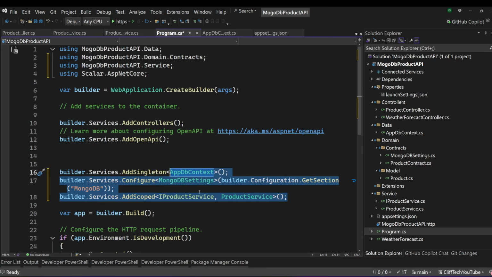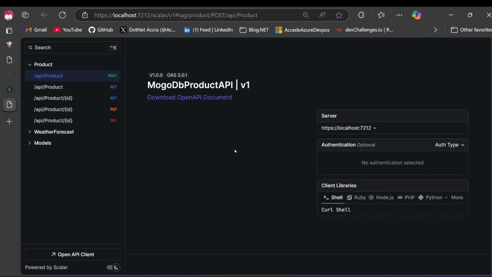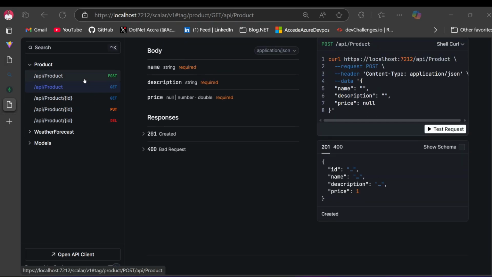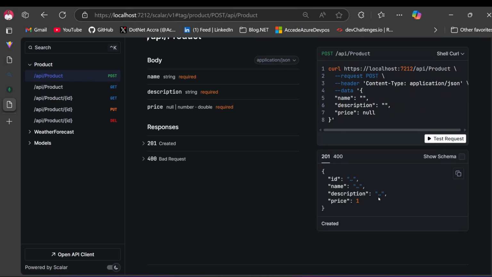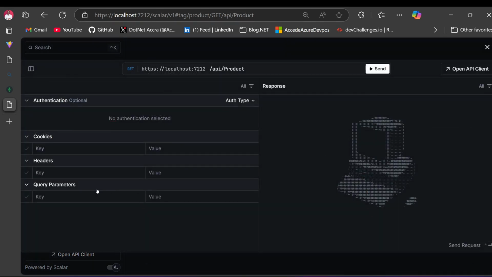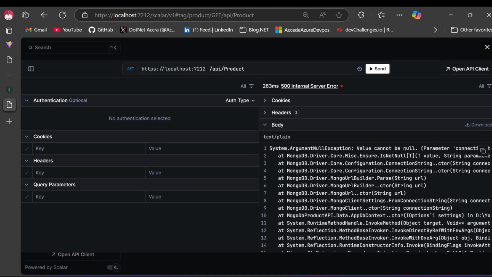The only thing that is left is that we are going to create calls, because we are going to make a request to this in React. But for now, let's make sure to save everything and run the application and check if everything is working perfectly as we expect. So now let's go here, and you can see this is Scalar. One thing I love about Scalar is that everything is very concise. So now in Scalar we have post, which can help us post a product. We have get, which is getting all products. So let's make a request of getting products and see,